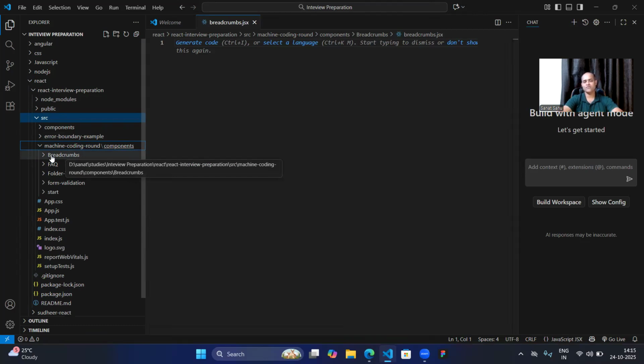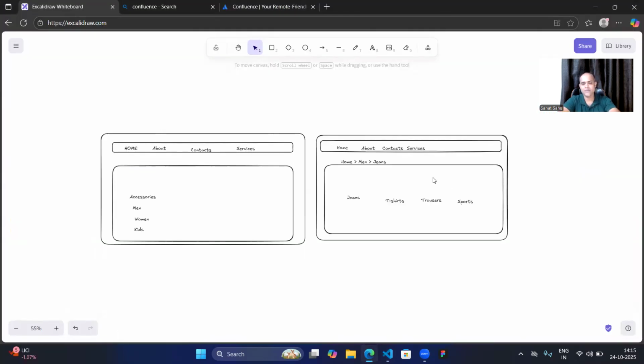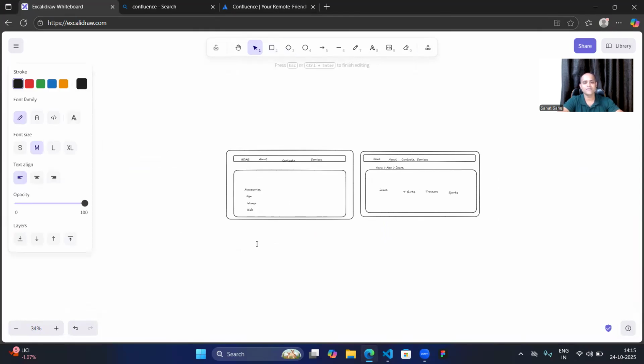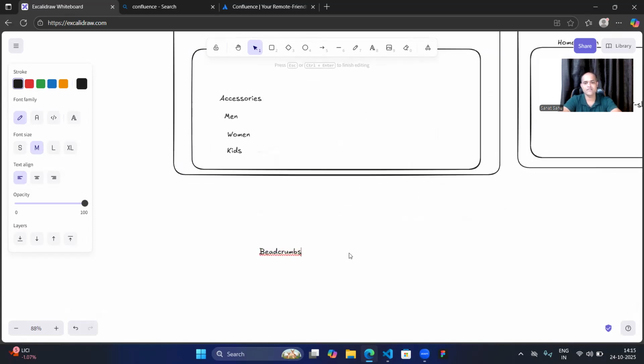There are three ways in which you can create breadcrumbs. I will write an example by creating a diagram and show you how to create breadcrumbs. Now, the first way of creating breadcrumbs is... I just write here: breadcrumbs can be created through three ways. Okay, one way is